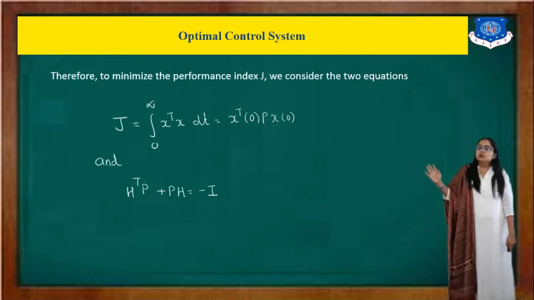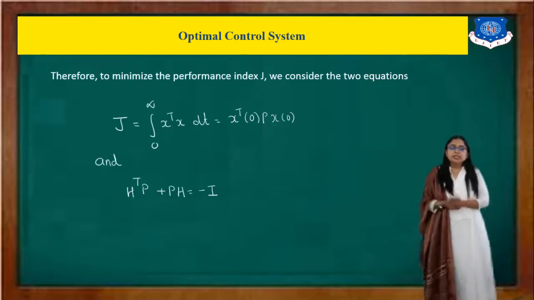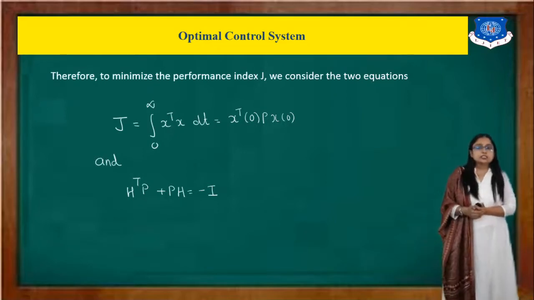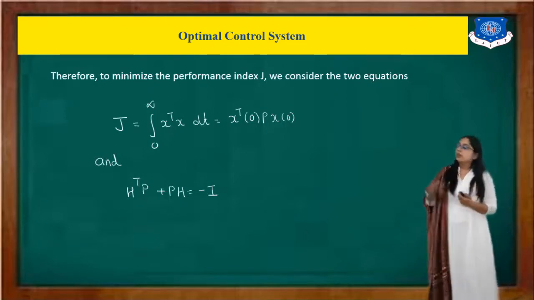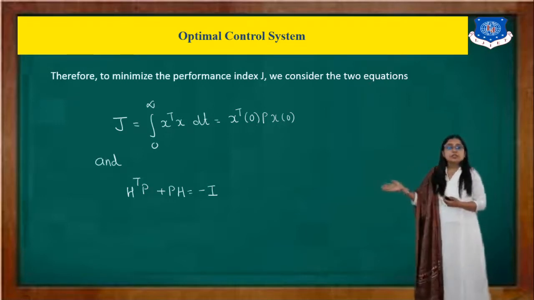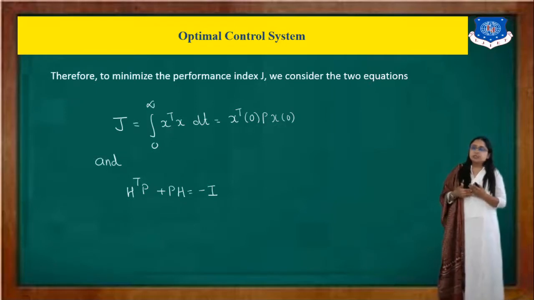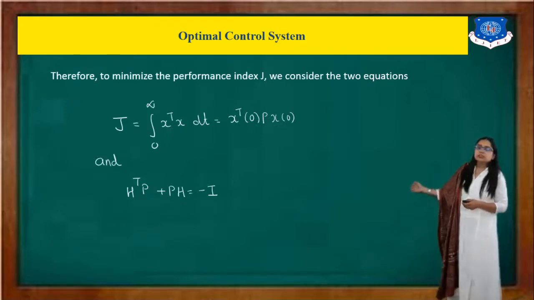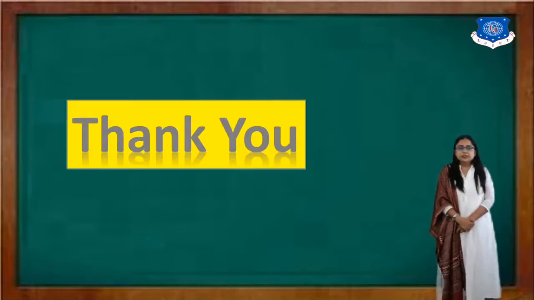Okay. So we will solve an example based on this, but in the exam, if they ask you to discuss what an optimal control system is, or to discuss one example, then you can discuss the first example that we have discussed right now. Or if they ask for 7 marks, then you have to derive these equations. I hope this session is clear. Thank you.